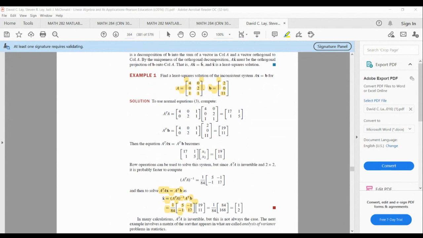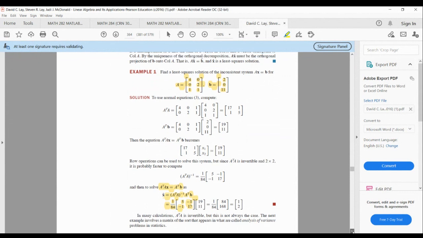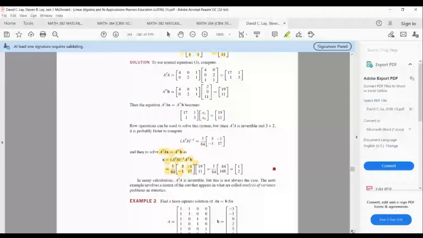Let me go down. X hat is just the inverse of A transpose A, times A transpose B. And A transpose A is invertible. It has an inverse because the column vectors of A are linearly independent. Okay, now if the column vectors of A are not linearly independent, then you learn, as they show here in example 2,